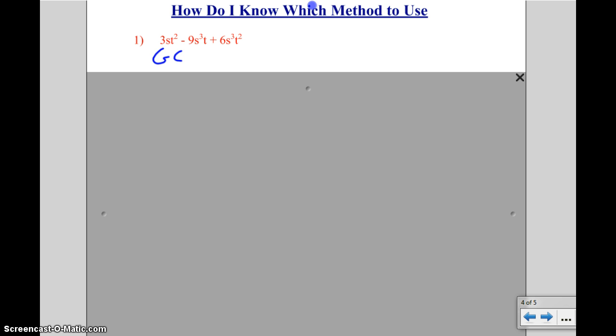All right, I'm going to take out the GCF. 3st. Okay. What's left over is I have one t that I have not accounted for yet. I also have a 3 and I have an s squared that I have not accounted for yet. And I have a 2 because 3 times 2 makes that 6 that I need. I also need 2 more s's and I need another t. Okay? I have taken out my GCF correctly, and now I'm going to take a look at all this that's